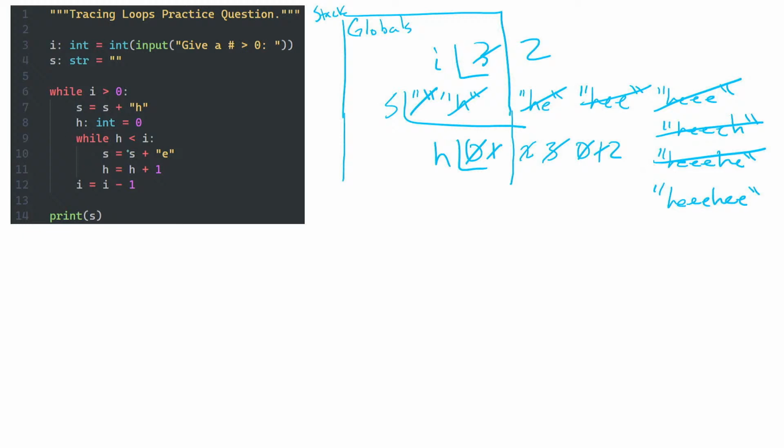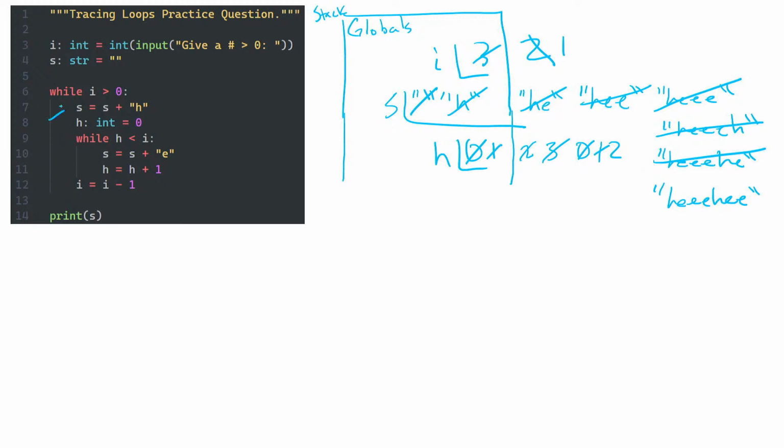We had to do a little bit less work this time. And we go on and we subtract 1 from I. So I's value is now 1. All right? We've reached the end of that repeat block, so we go back up to the top and test, is 1 greater than 0? We're getting very close to being done with this outer loop, but we're not there yet.